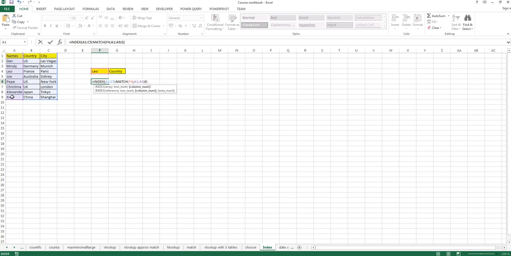close the match function, and now we have selected the row number with the match function for the index function. And for the column number, we will do the same. So type in match, and the lookup value is this one here. The lookup array is this one. And we are searching for an exact match. So type in a 0 again. Close the match function. Now we have selected the column number, and now we just need to close the index